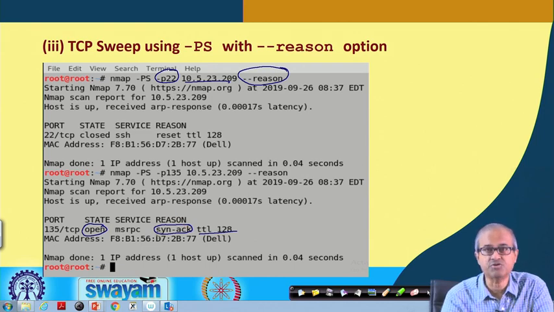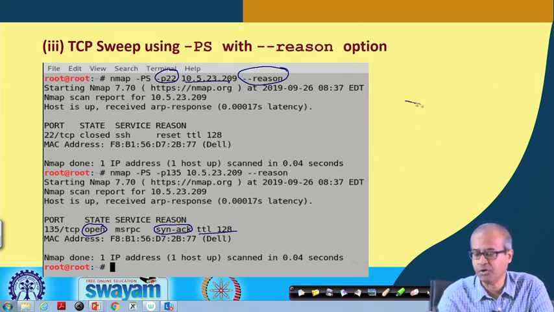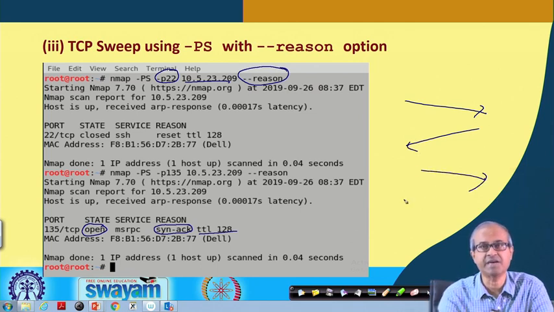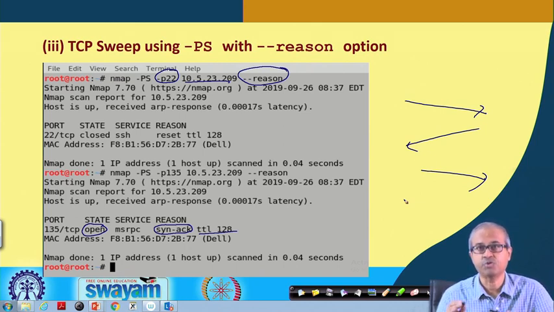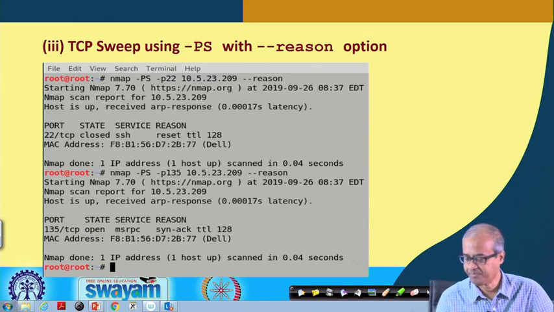So, the reason is also mentioned for why you are concluding this. You recall in TCP there is a 3-way handshake, you send a SYN, you get back a SYN-ACK. So, the other side is up, that is why you conclude that the host is up.